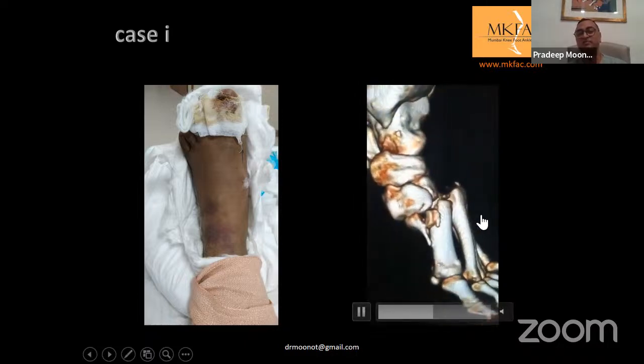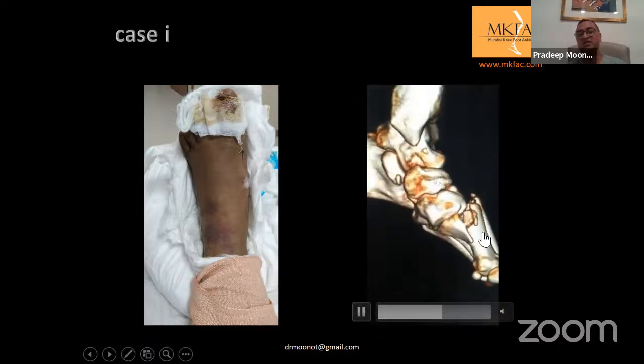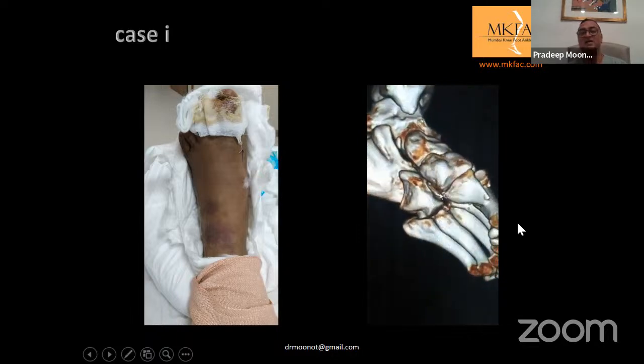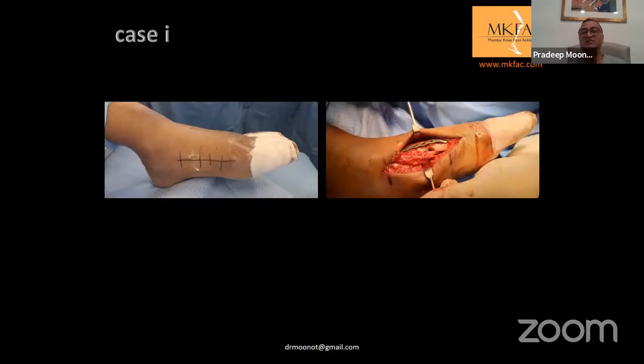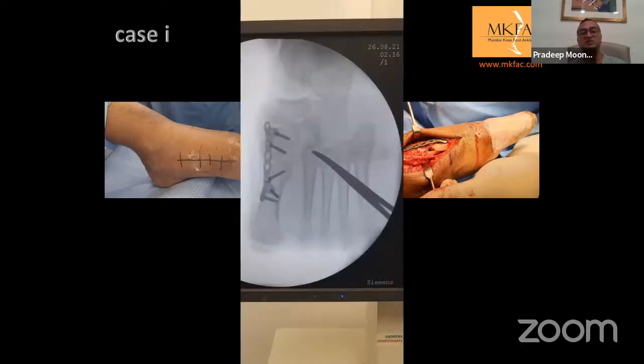And you see, that's your base of the first metatarsal, which is fractured, and there's a large piece. So that needs to be fixed as well. So 2 incisions were planned. One is completely medial because I wanted to access the base of the first on the medial side and fix it. So that is where I fixed with first an interfrag screw and then a long plate spanning the first TMT joint. That is what was done. So the first ray is now stable.